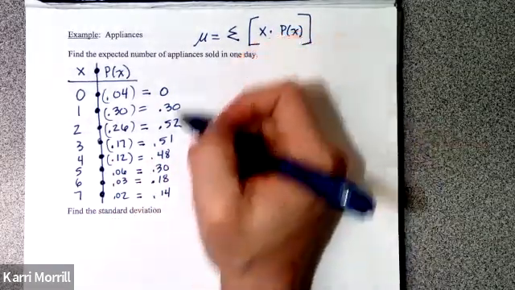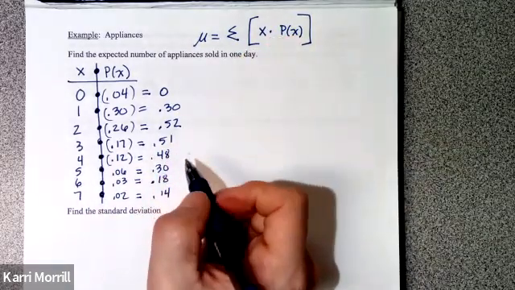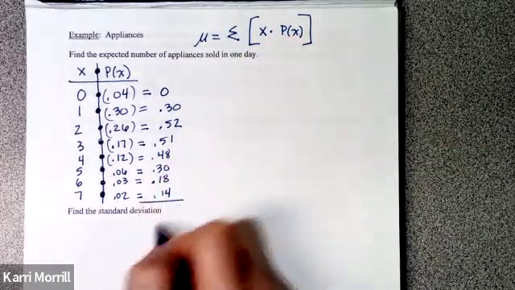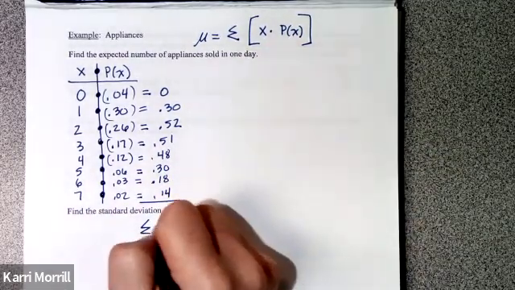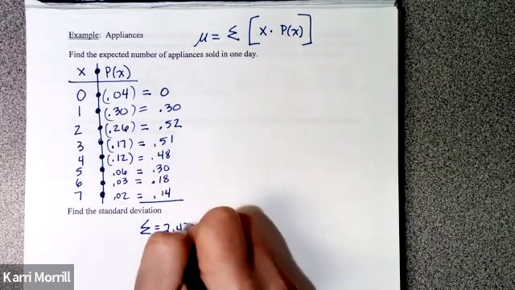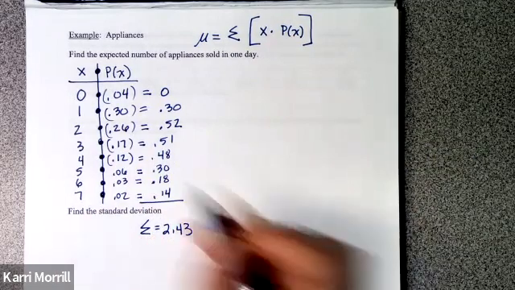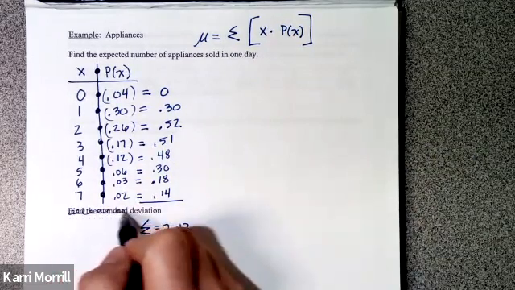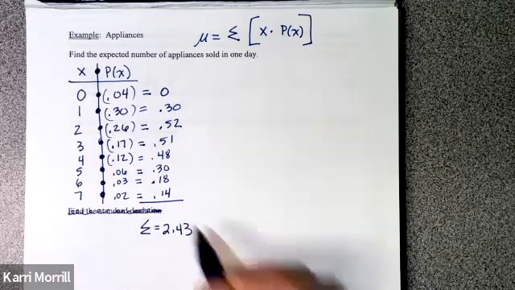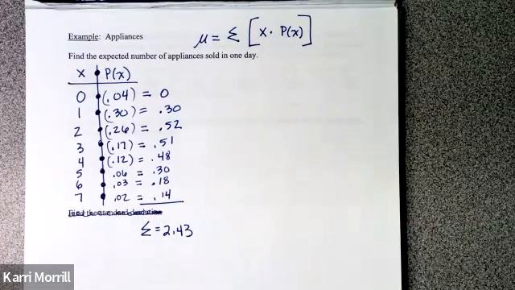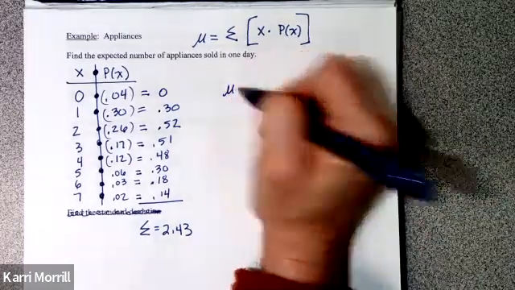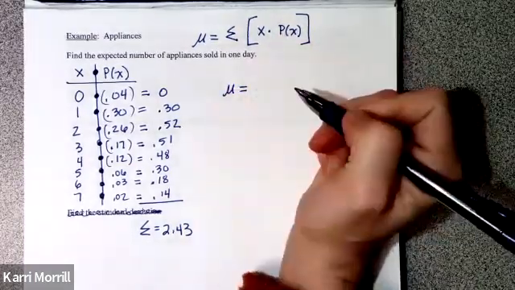So then we're going to sum these. We need to add these together. So I'm just going to write it underneath here. So the sum of all of that is 2.43. So we'll find the standard deviation underneath all of that, since I used a little too much paper up there. So what this means is when we sum that up, that means the mean of all of that